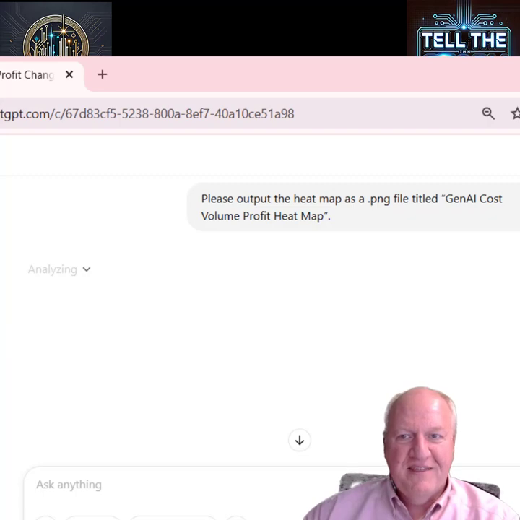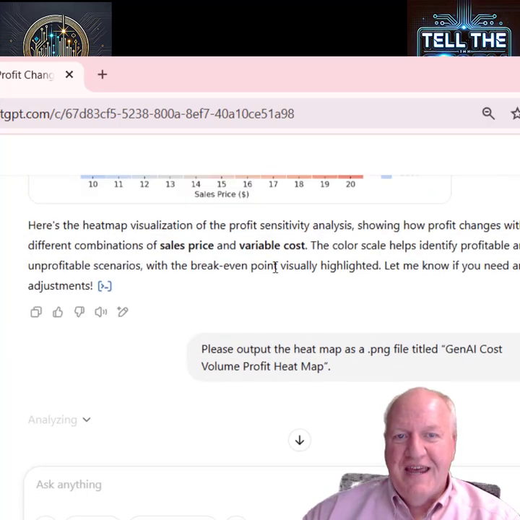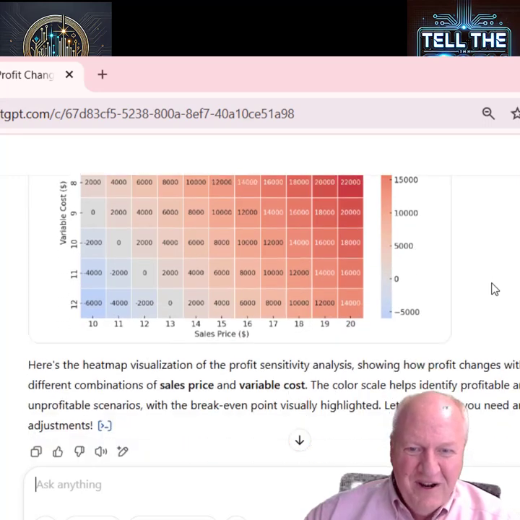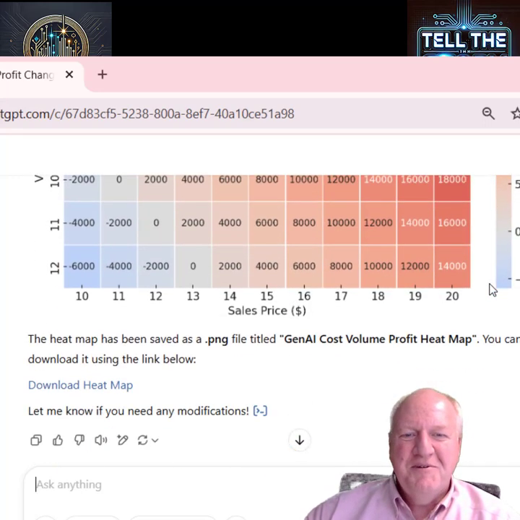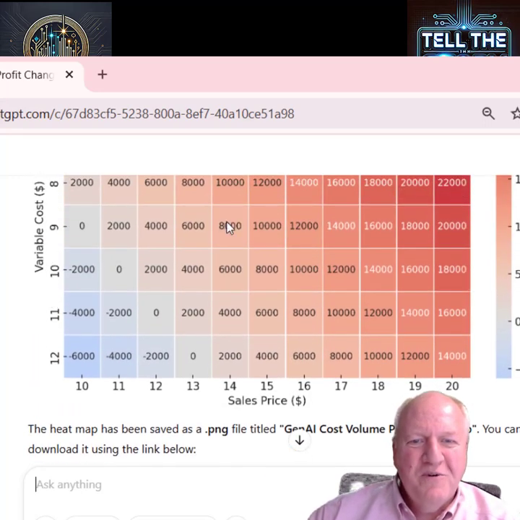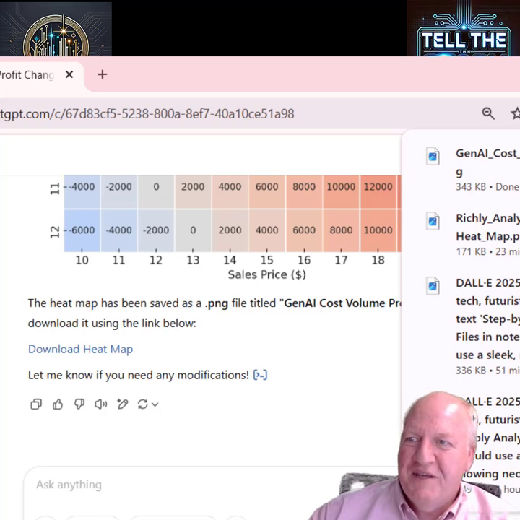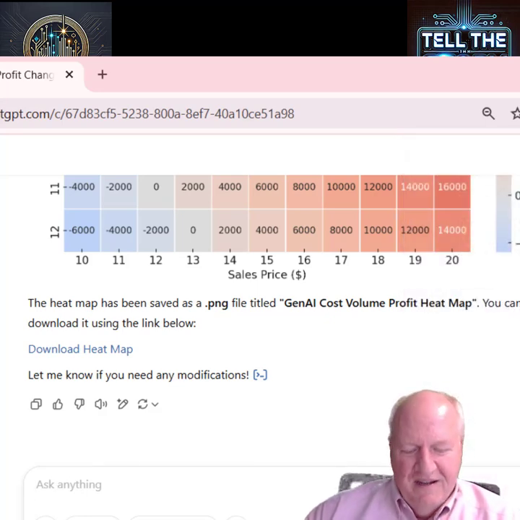I can save that with the scenario because, for example, if I had this heat map and I output it, I wouldn't necessarily know what total fixed costs were or what sales volume was. So I want to know where I started. Now it has regenerated this map and provided a link to download it, and so it'll be in my downloads folder.